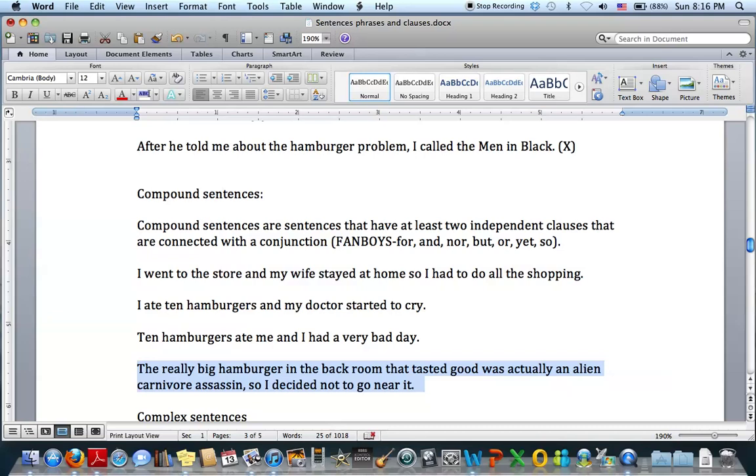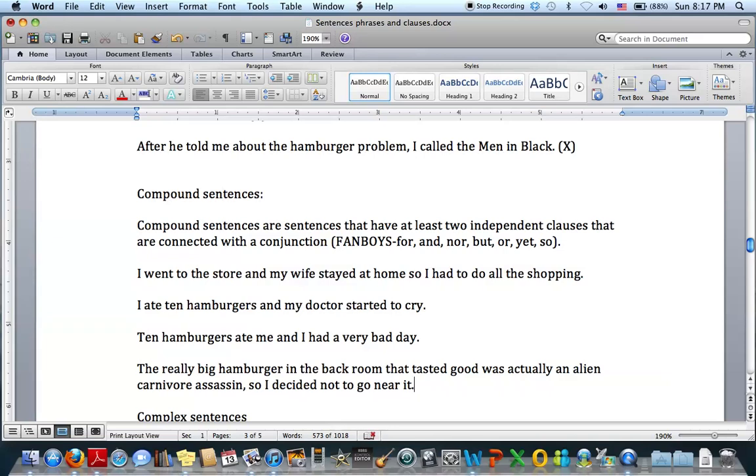Okay, hopefully you hit pause and hopefully you took a look at that, and I'll tell you why it's a bit different right now. This part right here. That tasted good. This is an adjective clause modifying hamburger, as I've said a couple times already. Because this one is an adjective clause, it's actually dependent. So we have here a dependent clause, and we have an independent clause, and another independent clause. That makes this a little bit more tricky. This actually is a compound complex sentence. We're going to get to that in a little bit.